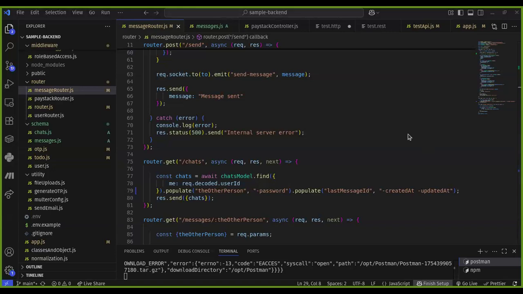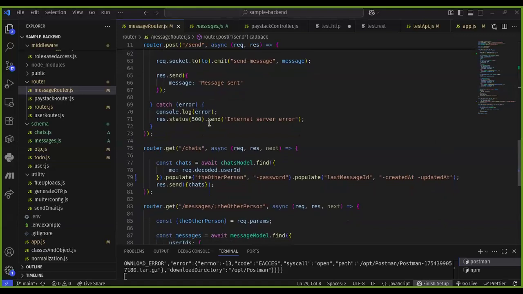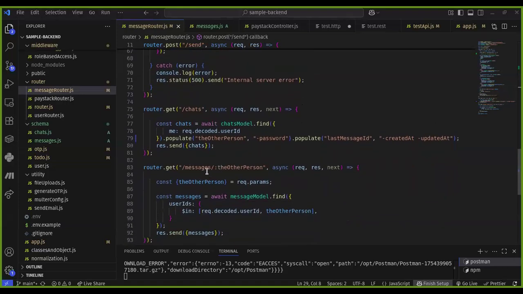Before I share my screen, do you guys have any question as to how this whole entire structure works? This is what I was even saying. Maybe when you click on a particular message, you now fetch all the messages between you and that person, right? There's also room for pagination